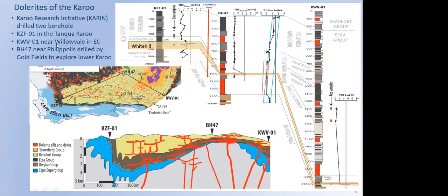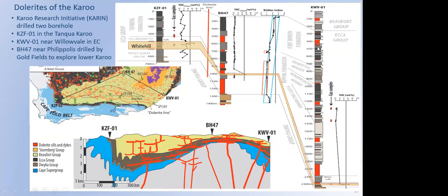There was a specific study with three wells that were looked at, and in this case two new drill wells, KFZ in the Tankwa and KWV just along the east coast. And in the case of KFZ, there was a duplication of the Whitehall because of thrusts, however,